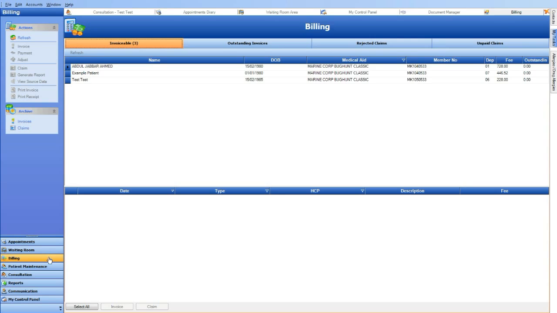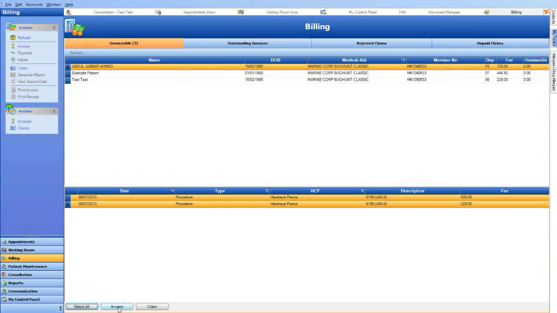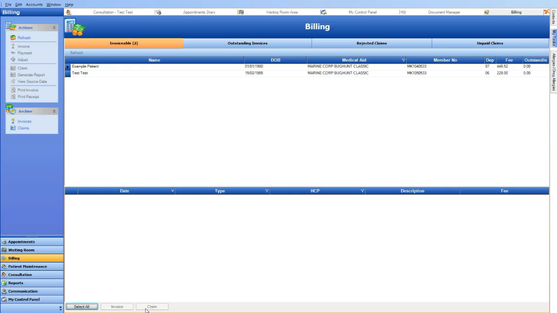Just before we finish up, I'd like to show you how simple claiming is with Socrates' integrated live claiming system. This is the billing screen. You can see here a procedure we performed earlier that is waiting to be claimed for. To claim for this item, I simply click to select it and then press the claim button. Wait a couple of seconds,